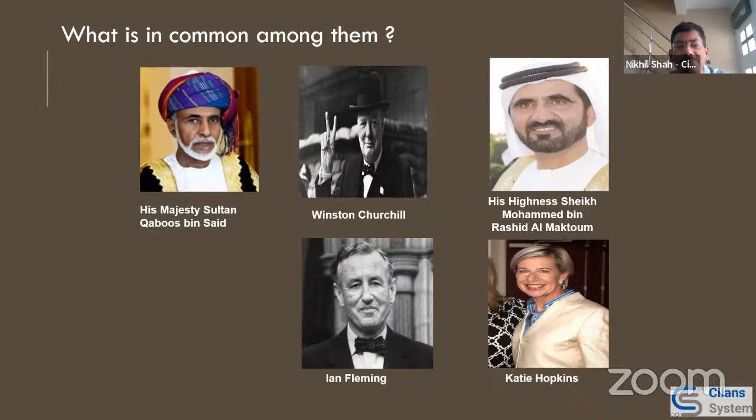So I just put 5 images on the screen. Those who want to answer, if the moderator can give me some feedback. My question is very simple: what is common among them? It's a very open-ended question. The first image is His Majesty Sultan Qaboos. He passed away recently.